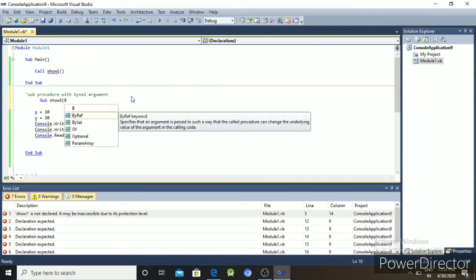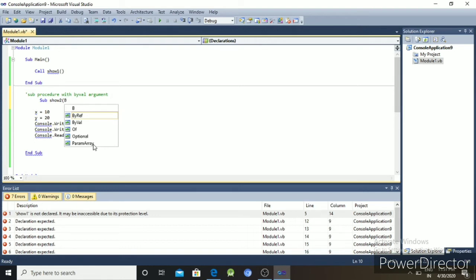Suppose we have to write ByRef, ByVal, Optional and ParamArray. These are specific keywords used in VB.NET. First of all we have to use ByVal. Thereafter we will discuss the next keywords ByRef, Optional and ParamArray.